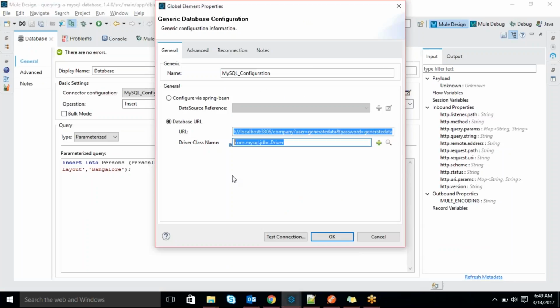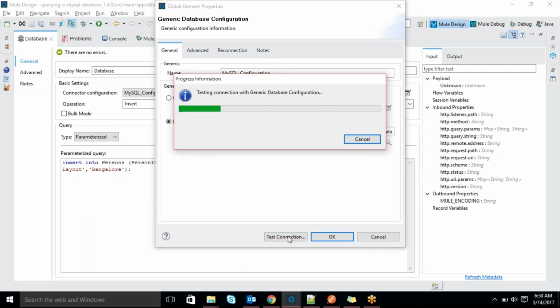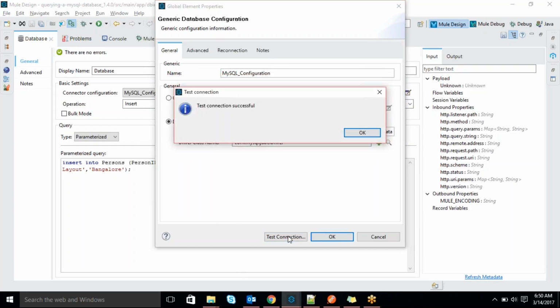Okay. Do you have any questions on this URL and driver name? Once you enter the data, you can test the connection here itself, to see whether your connection is working or not. No need to deploy the application and test it.